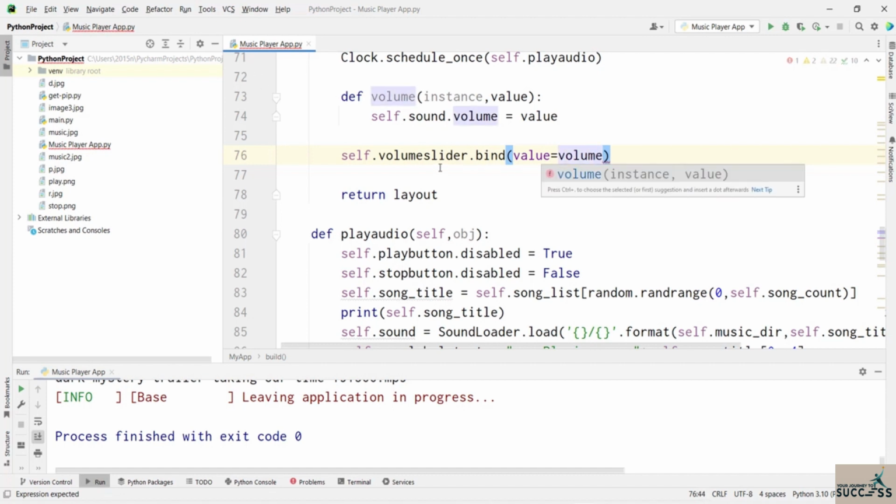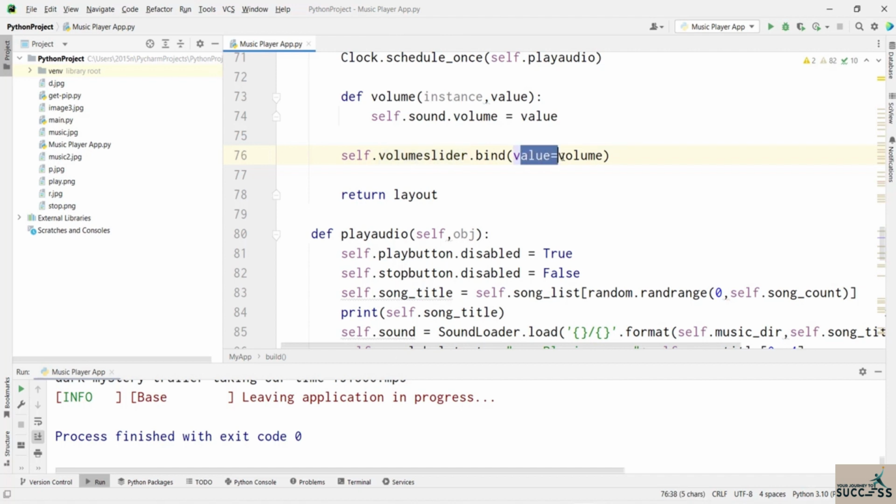Okay, so what I'm doing right here is binding the volume slider that I've created in this video to this function. The reason I'm binding it is that when I have some kind of connection, or I'm playing with my slider, as long as I'm playing, this function will be called again and again. So now let's